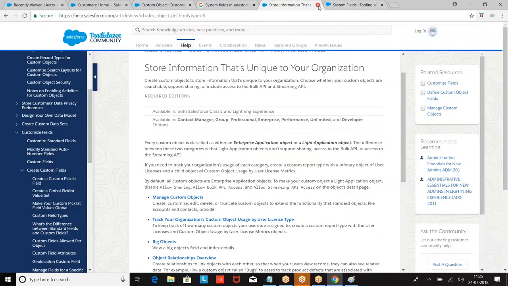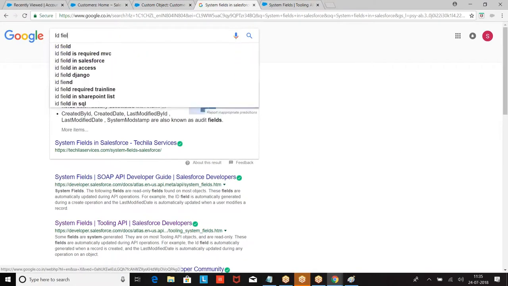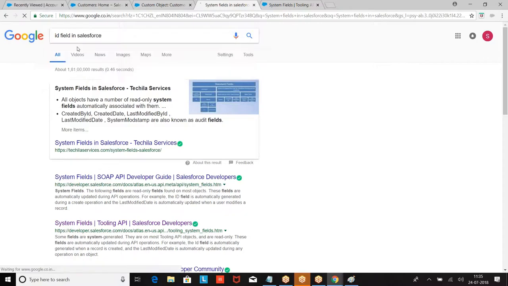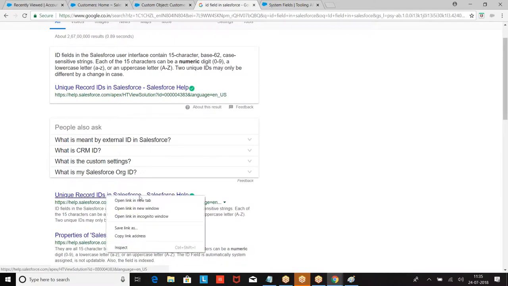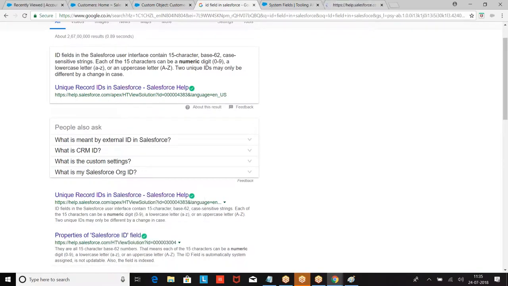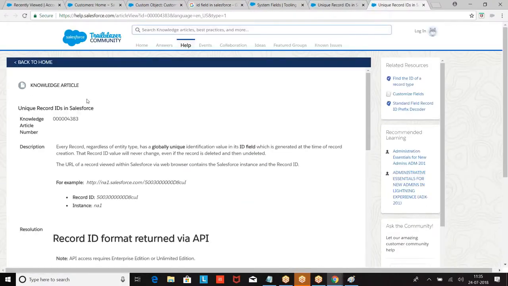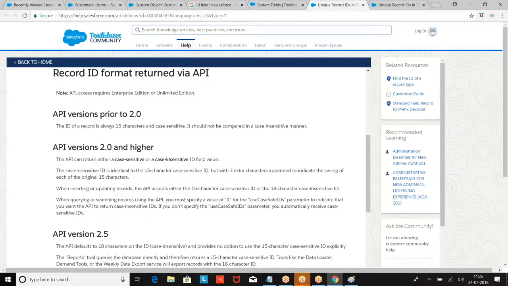Every record we create in Salesforce has an 18 character unique ID. So what is the ID we are getting here? An 18 character unique ID, which is case insensitive.